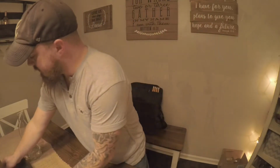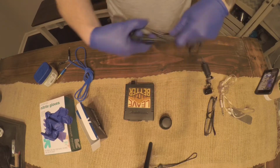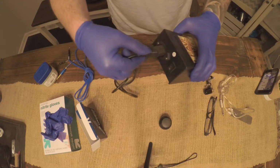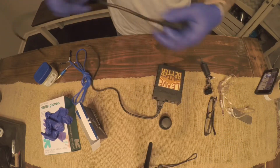Okay, so now that we have all the things laid out, I'm going to change the camera angle a little bit so you guys can see what I'm doing with my hands, and then we'll get this set up. Let me move some of this stuff out of the way. Without further ado, we'll take this and then we will undo this. This is kind of how I wrapped it up. And then we will plug it up into there like so,